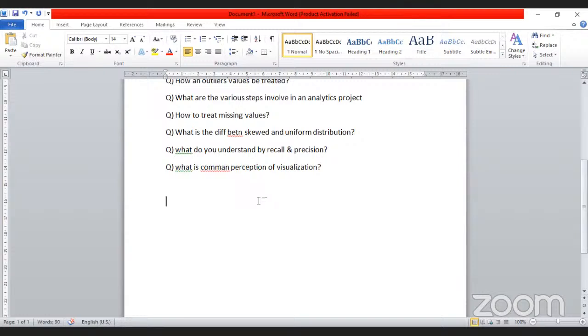If we plot, there are many plots, not only box plots and bar plots, there are advanced plots as well. If we plot our data in those ways, we will find some insight from that data. Is there any outlier? If we have missing values, how many are missing, how does our data look? So this is the perception of visualization. It is not only a summary or just charts.